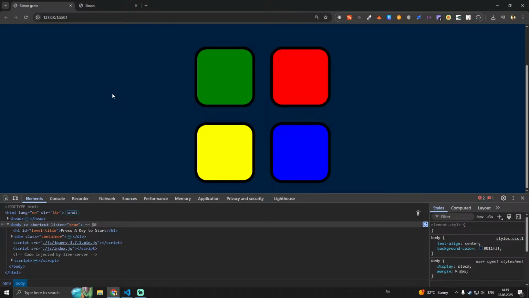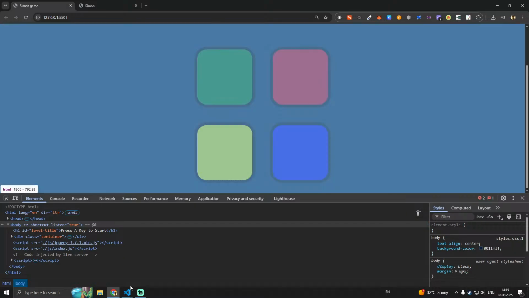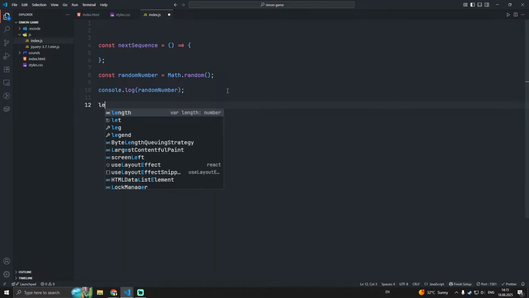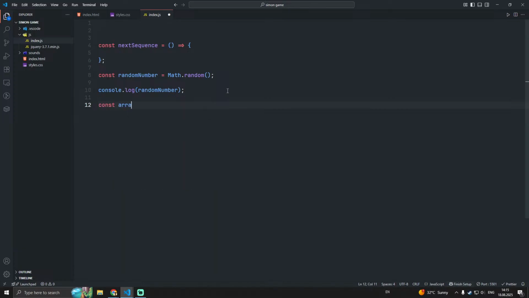They will count from 0 to 3, because that's how the arrays work. So if I'm gonna just show you the array. Let's say const array. So it will have an array that will store these numbers,